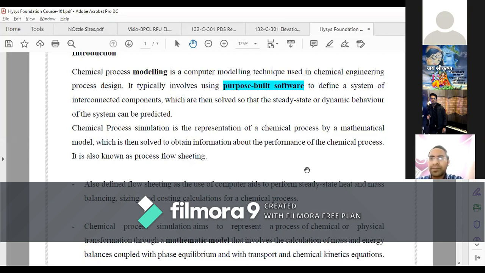If you are going to simulate oil and gas and refinery, then definitely for oil and gas and refinery, HYSYS has a very strong database and you can simulate it in HYSYS. But if you want to simulate a process which involves mainly chemicals, specialty chemicals, then you will have to go for the Aspen Plus software, because Aspen Plus has a much better database, or you can say correlations, for chemicals as well as specialty chemicals.